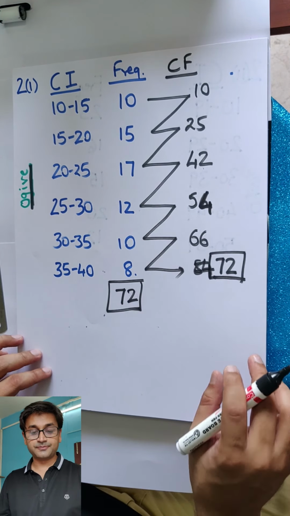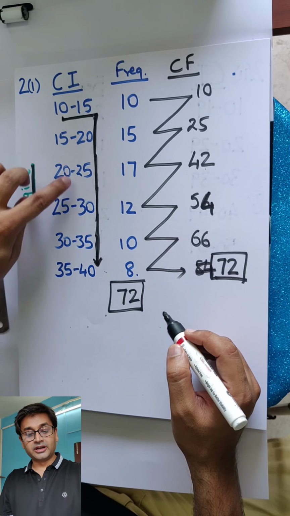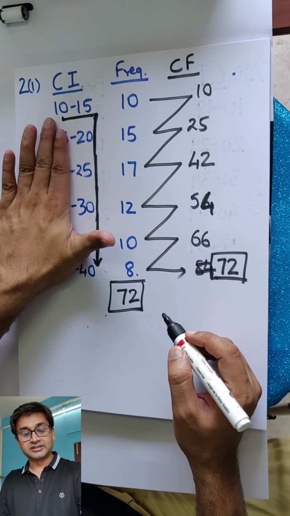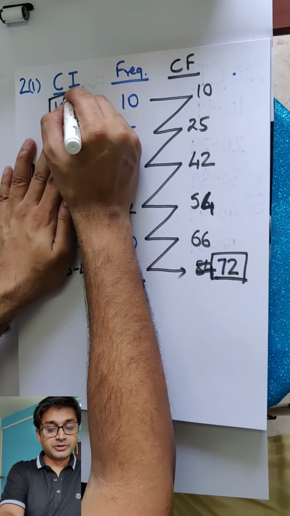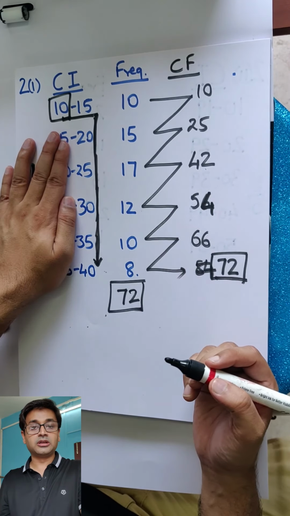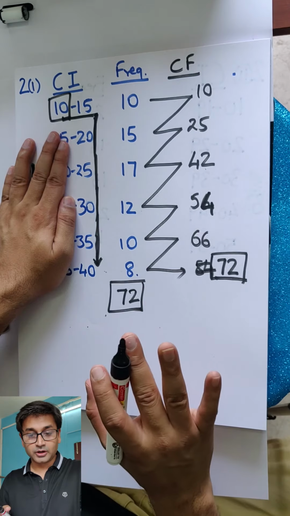Ogive, the most important thing is this diagram. I call it a reverse L. You can see the L, but a reverse L. What do you mean by this reverse L? So you start from 10, you go to 15, 20, 25, 30, 35, 40. You don't look at this at all. So this gets disappeared. Only the first value you begin from, and then you go with all the upper limits, none of the lower limits.